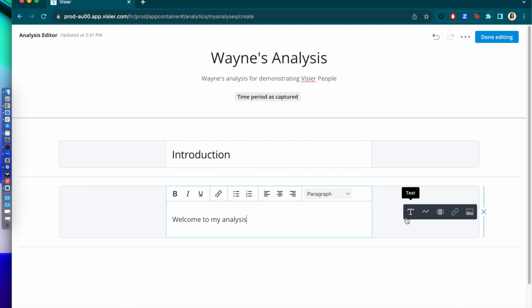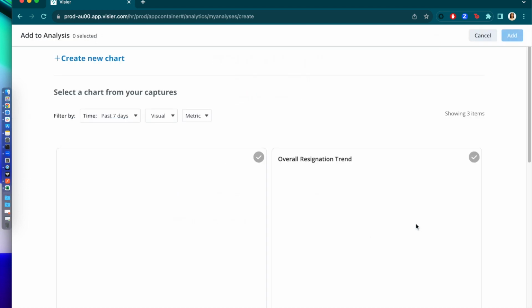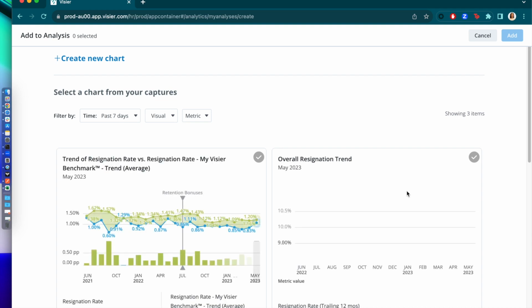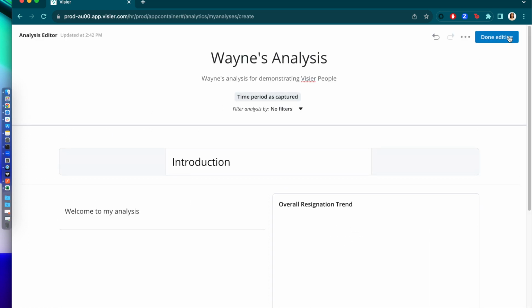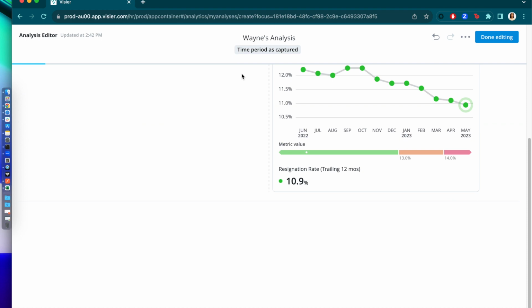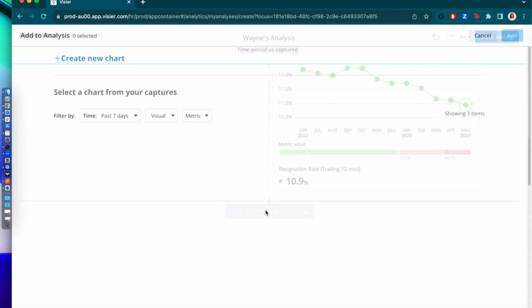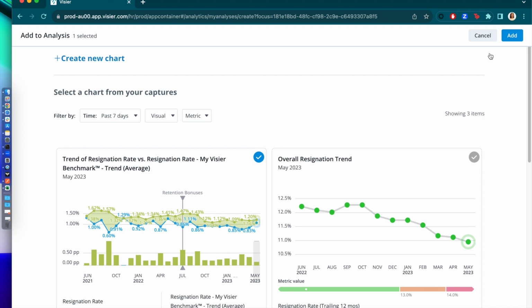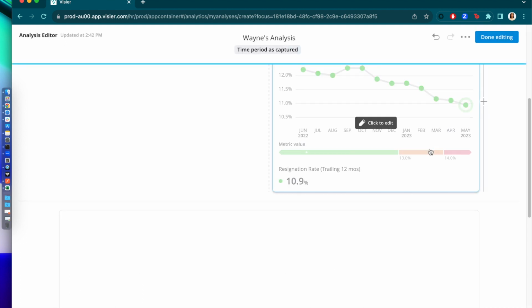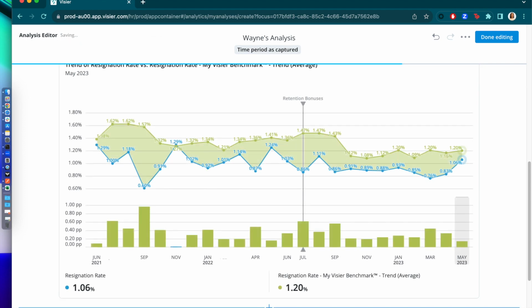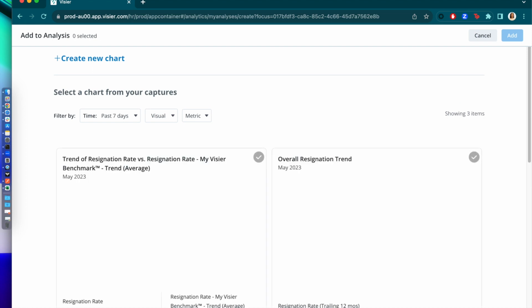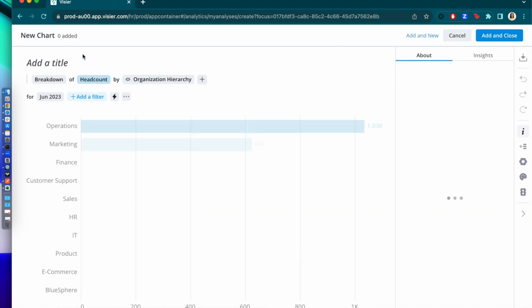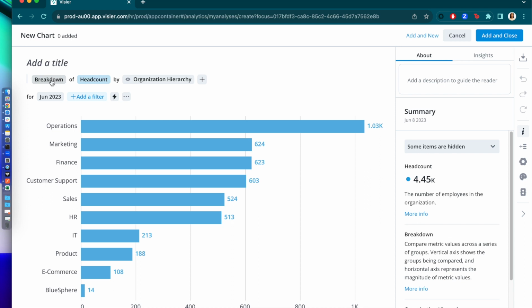So I can click add a visualization. It takes me to that captures room that we just saw, and I can choose which of these captured visualizations that I like and want to drop in to my new analysis. That was the one that we captured right at the very beginning. I can continue adding more visualizations, and now let's drop back in the benchmark one that I also made. There, I can add more headings. And I can even interactively build a brand new visualization here using the same sort of explore room construction technique